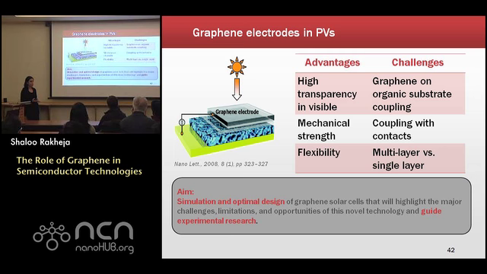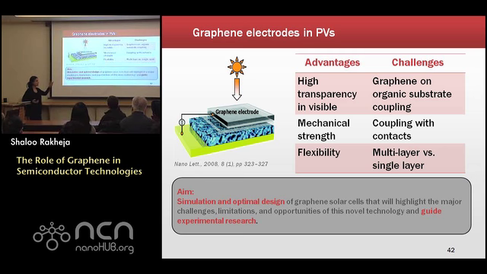And I think modeling would be able to address some of the unique challenges of this technology as to how graphene interacts with the substrate, with the organic substrate in particular. I've done work on interaction of graphene electrons with different kinds of inorganic substrates, but it would be important to understand how it interacts with organic substrates, how does it couple with contacts. Contacts have been a very daunting challenge for this technology.